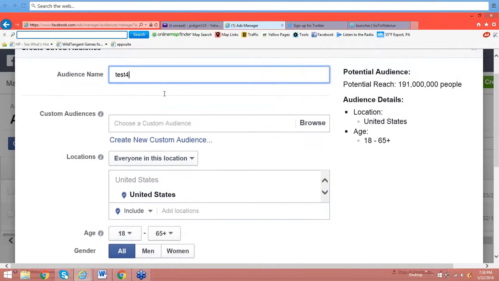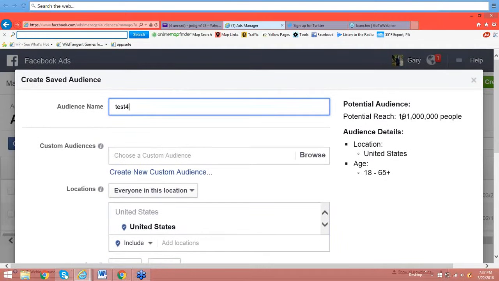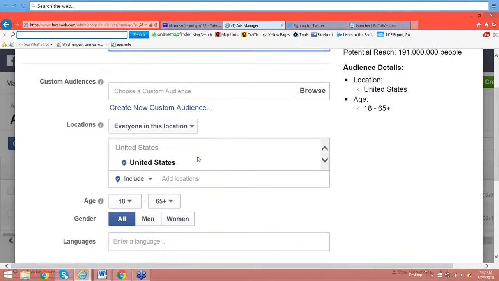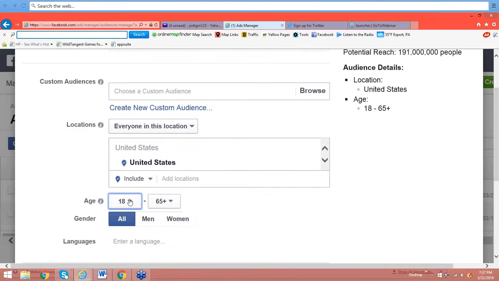Yes. And if you look over here to the right, you'll see 191 million. Million people, okay? So as we do our audience, you're going to see this number change. Of course, we still want a big number, but obviously not this large, okay? So again, we're going to page down and think of who your audience is and who we want to target. So the age, I'm going to just go, we'll say 25 to 55.